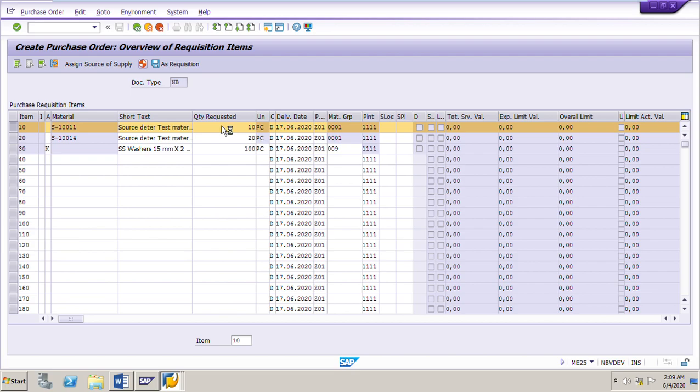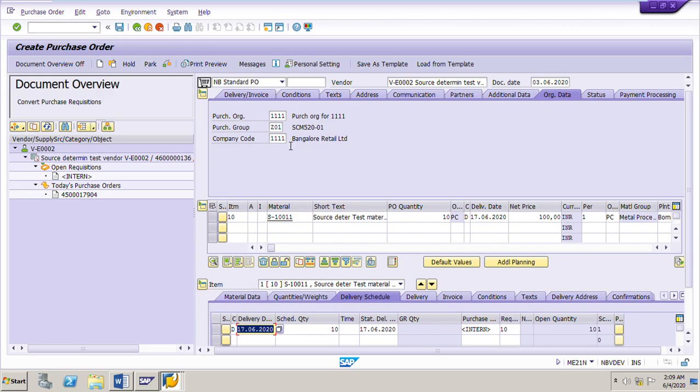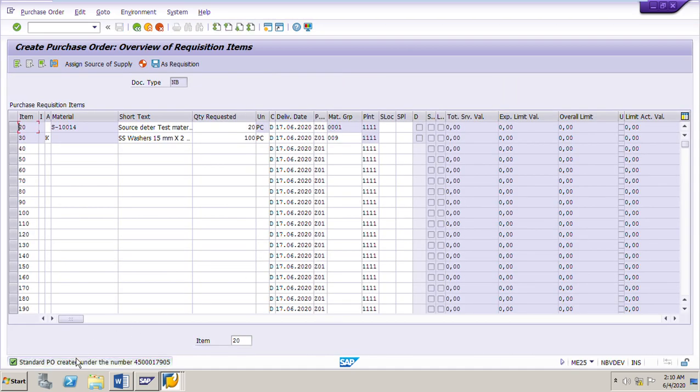It will take us to the ME21N screen. See, it has come here. Just click check to see if anything is missing. No messages issued, it is fine. Just save. Standard purchase order created under number 4500017905. See, the first line item has gone; only items 20 and 30 are there.